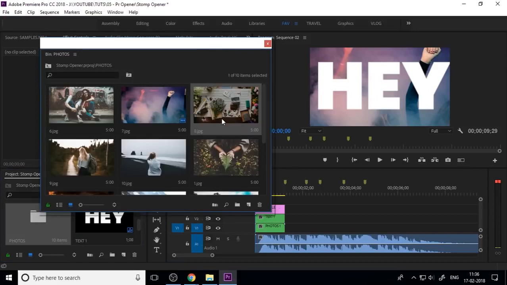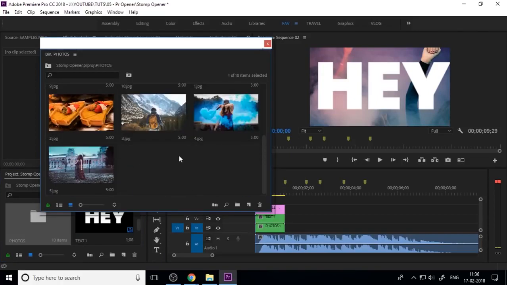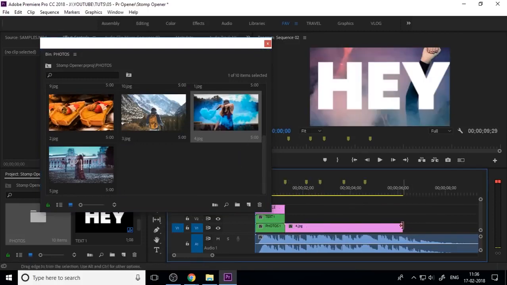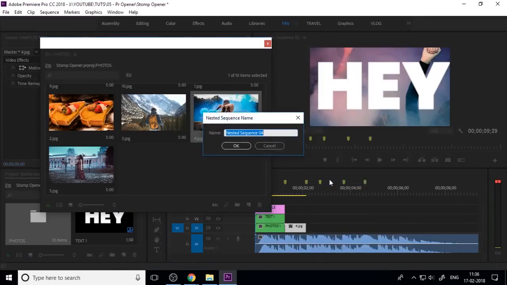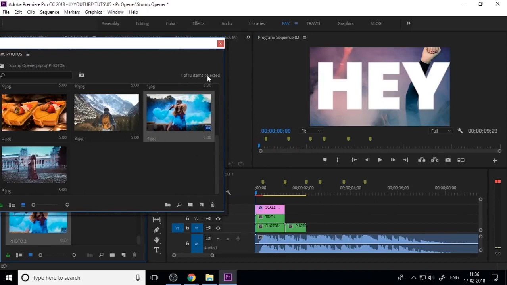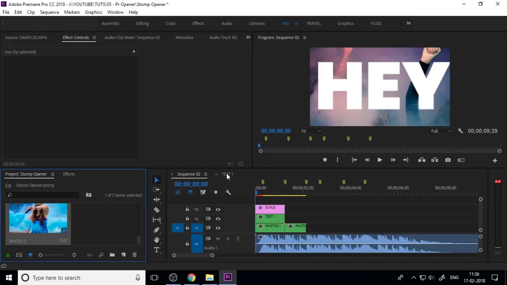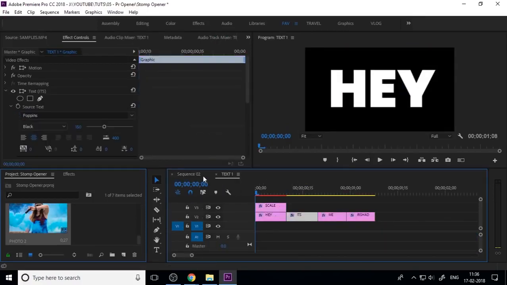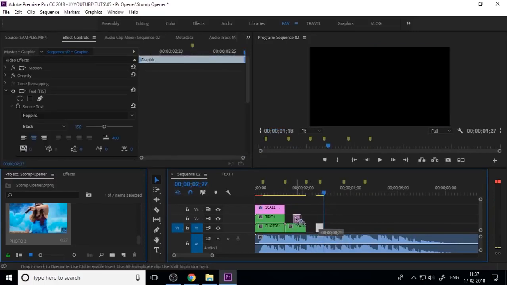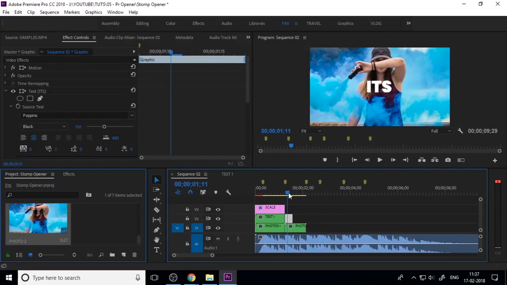Go to photos and drag your second image into the timeline and split as per your audio, and make it nest. Change the name to photo 2. I just scroll, close this photo bin, and go to text, then Ctrl+C and Ctrl+V on the main sequence because you want to create